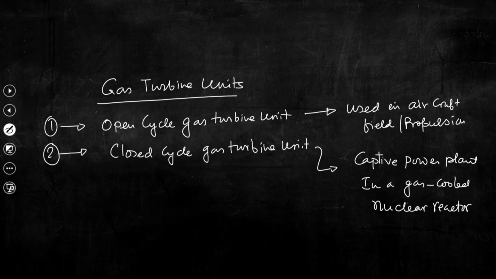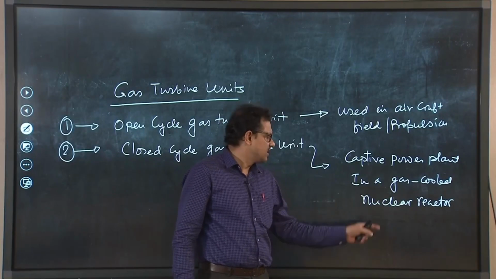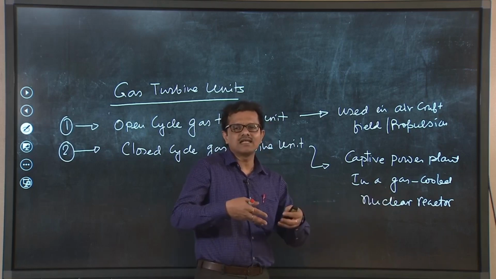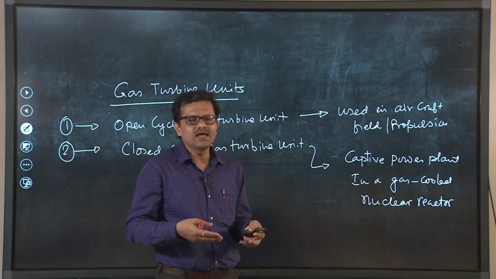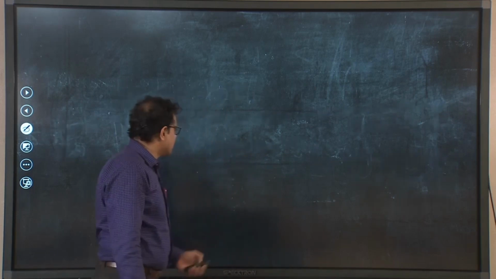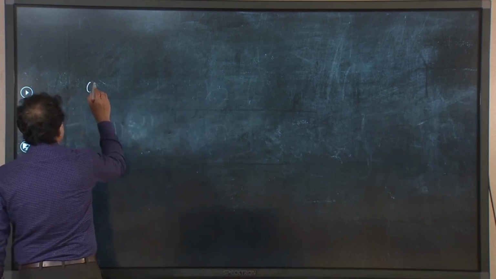Basically, you know that energy which is produced due to nuclear fission reaction, that energy is absorbed by the gas, and that gas is again allowed to expand in a turbine, and we try to obtain work output. So, now let us discuss about the open cycle